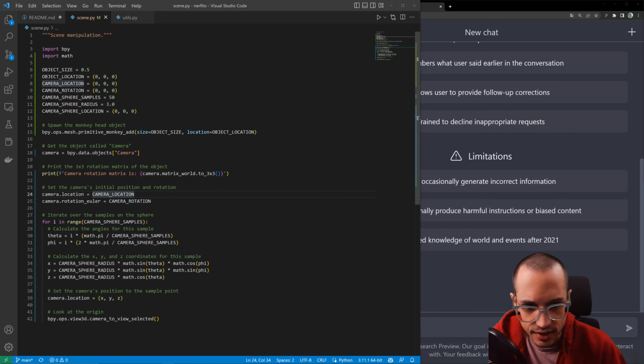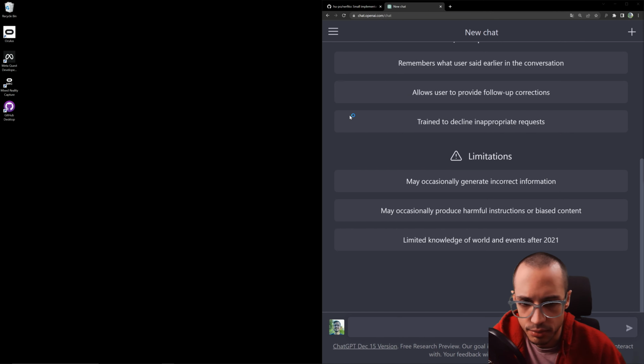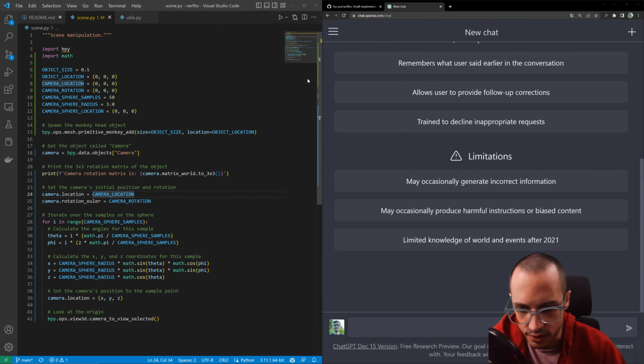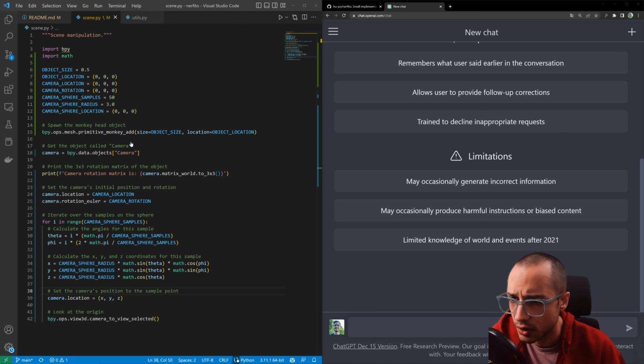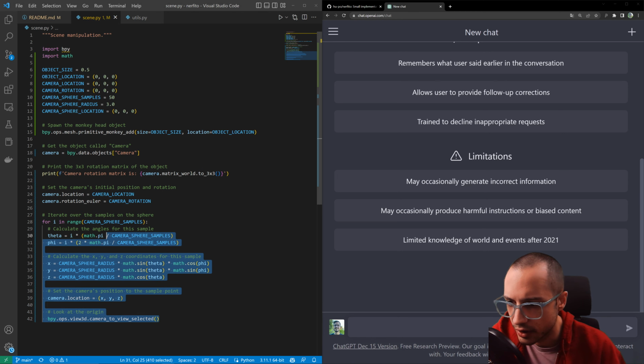To set the context here, we were using Blender static data set that we are going to use to train a neural radiance field from scratch, and using ChatGPT to write a bunch of this code for us. So yeah, we were here basically sampling a bunch of points around a sphere, around an object, and then